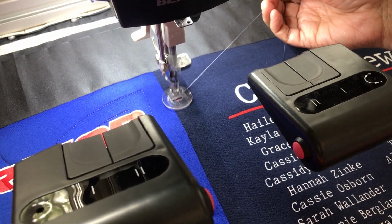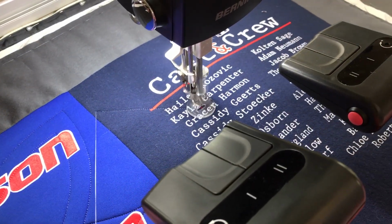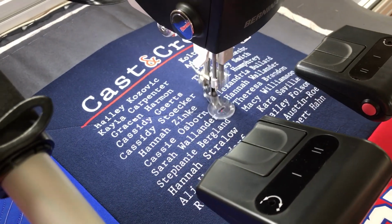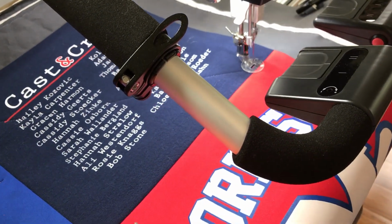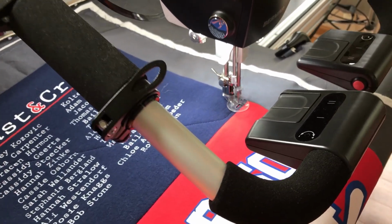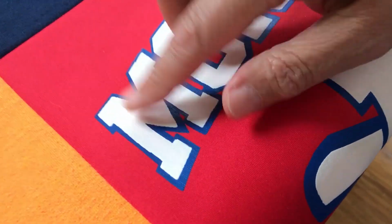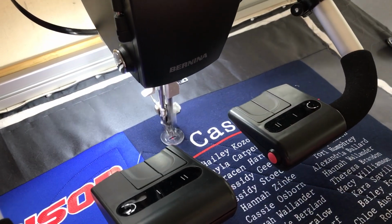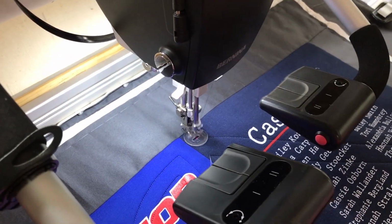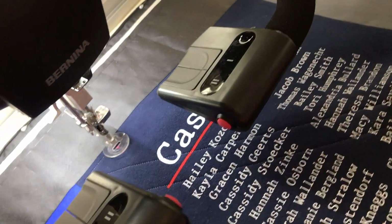And you'll secure some stitches. It starts with some tiny stitches and then it goes on. You'll notice that I have this going at a slow speed. And the reason I do this on knits is because, especially when you hit some of the rubberized lettering, it can be a problem. And so when I'm doing T-shirt quilts, when I'm doing a knit, when I'm doing something that especially has like this kind of thick rubber, that can kind of grab onto the thread. And so just through experience, when I'm doing a T-shirt quilt, I'm going to slow the speed down. That's just, for me, I know that it will be a better outcome. So I'm going to snip this, get it out of the way,